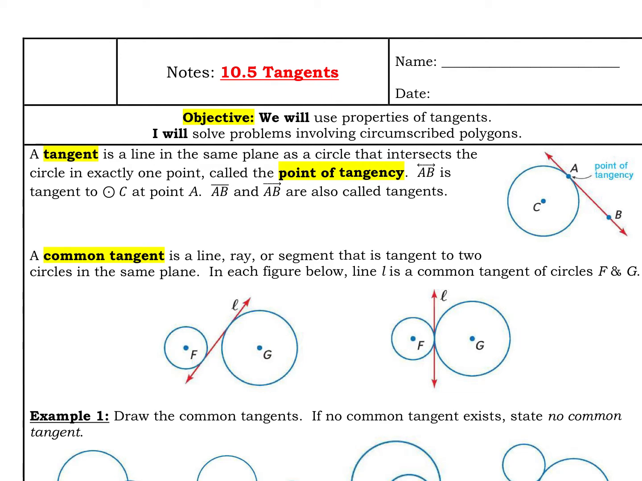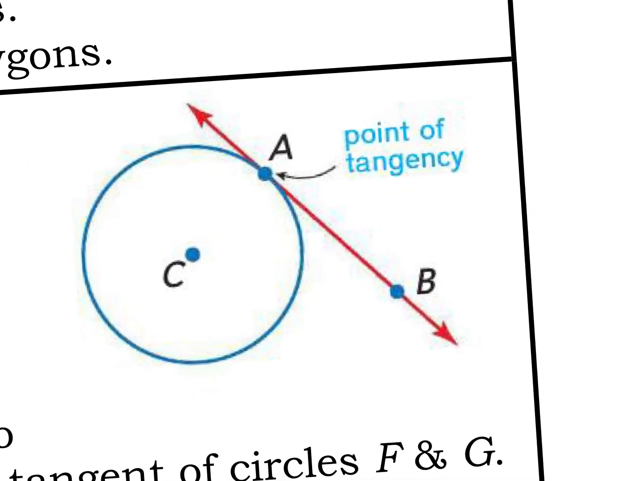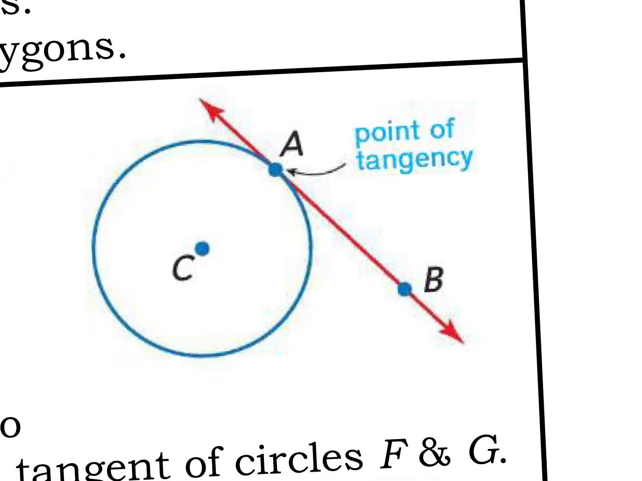At the top of the notes, I have the definition of what it means to be tangent. A tangent is a line in the same plane as a circle that intersects the circle in exactly one point, called the point of tangency. So line AB is tangent to circle C at point A. Line segment AB and ray AB are also called tangents. So basically, a tangent has to just skirt along the edge of a circle, but it only touches it in